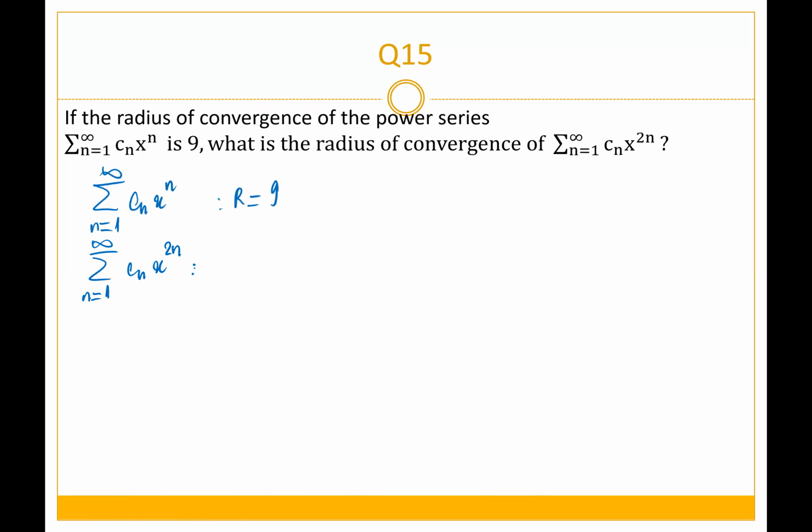Now if you look here, the second series, isn't it this one when you take the integral? So the integral of this, cn x to the n, is going to be half of, 1 over 2 of